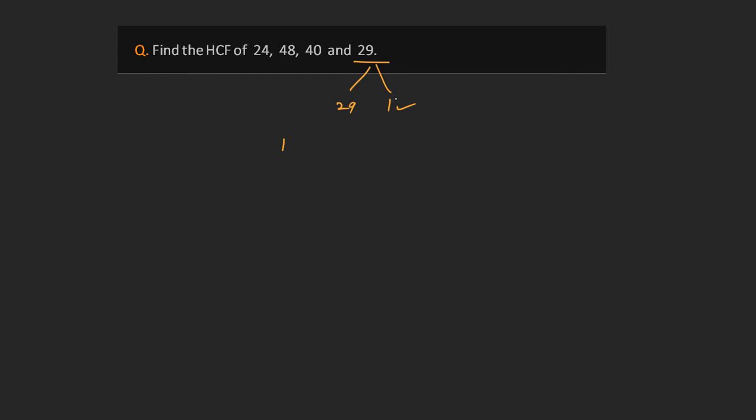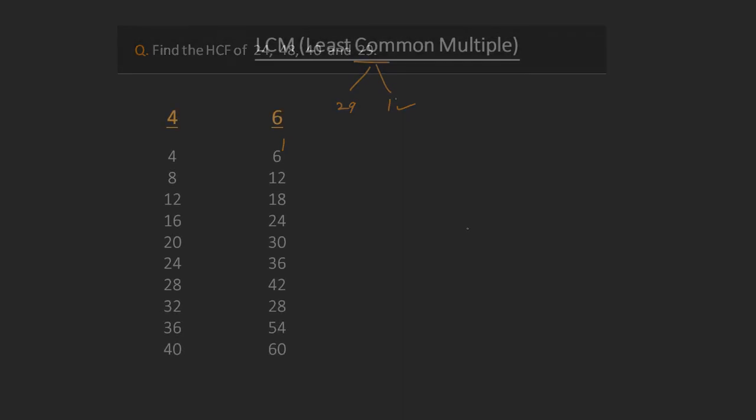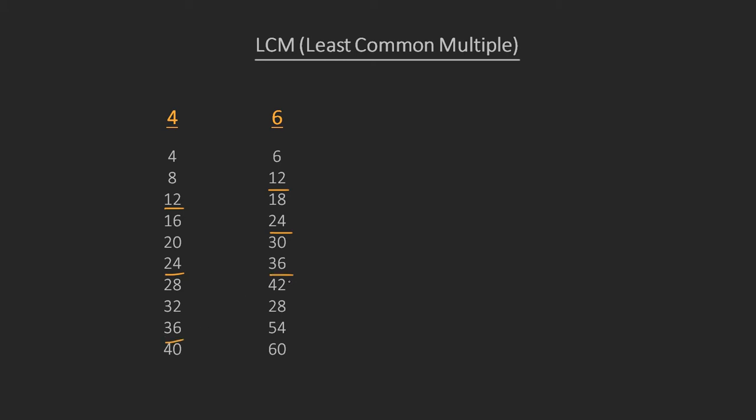Alright, those were a few tips and tricks on how to find the HCF. What follows are tricks on how to find the LCM. First, a quick intro to LCM. Here's a table listing the multiples of 4 and 6. Now, just like we had common factors, here we have common multiples of these two numbers. We have 12, 24, and 36. And there would be more if we make this list longer.